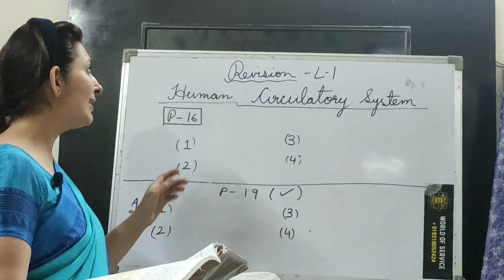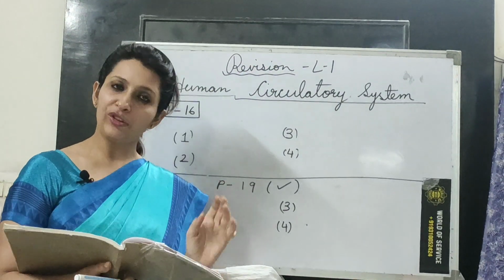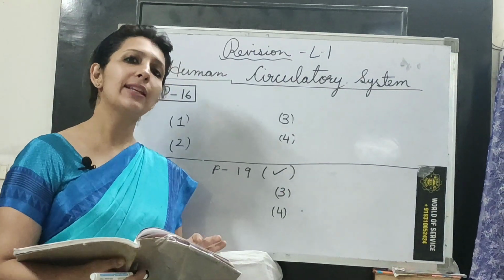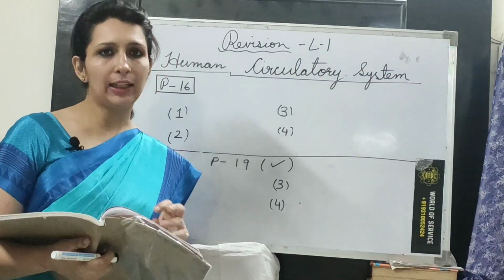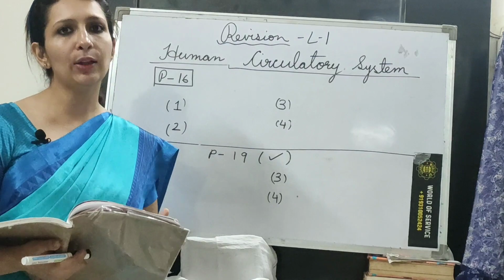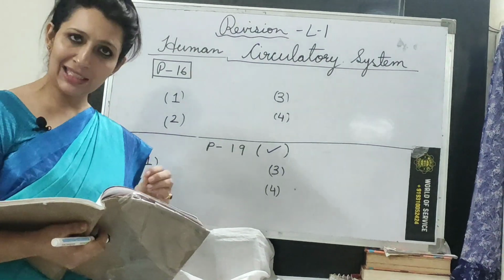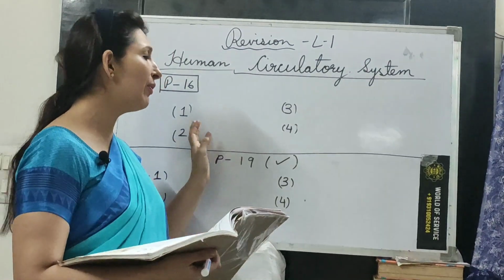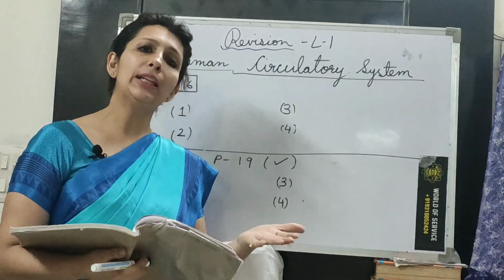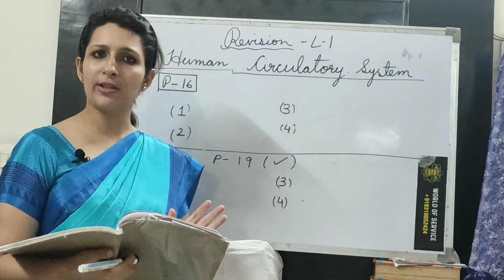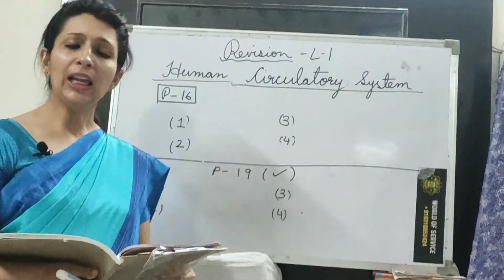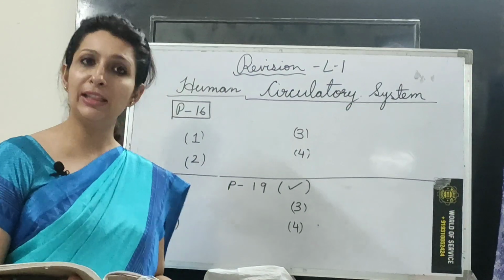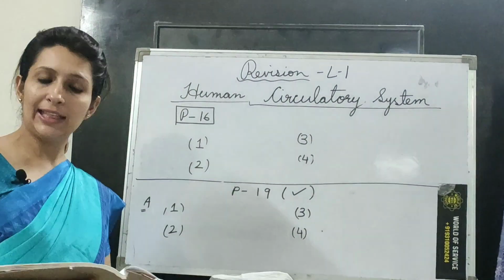Okay children, now let's revise lesson number 1. Already explanation has been done of lesson number 1. Book exercises, question answers, everything is done. PDF was earlier only given to you. But still, in case any part is missing, as you revise the lesson, you can write down whatever was missing in your case. Okay, so let's begin. Now children, we will start our revision with page number 16.